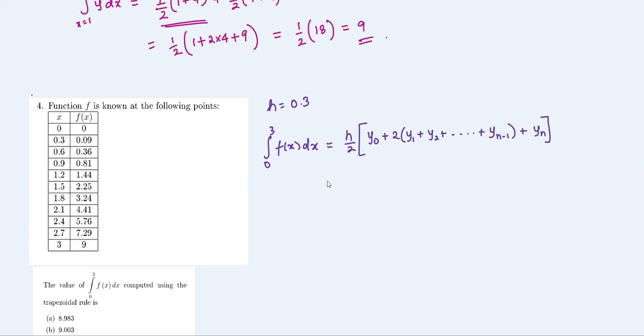Summation of all the trapeziums basically. So this is h by 2, h is 0.3 upon 2. Y naught is 0. 2 times of, add all this, 0.09 plus 0.36 plus 0.81 plus